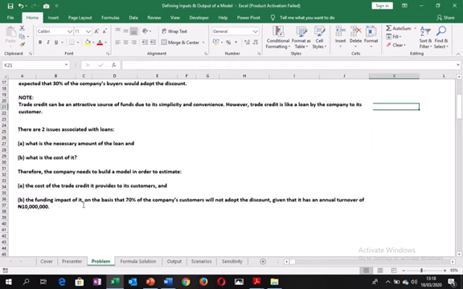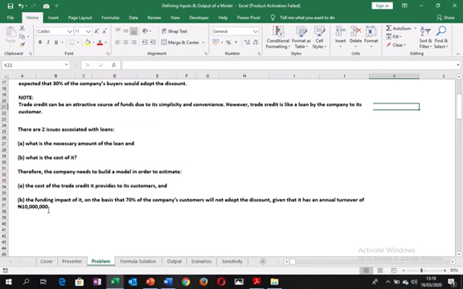Then the funding impact of it, on the basis that 70% of the company's customers will not adopt the discounts, given that it has an annual turnover of 10 million naira. Alright, so if customers to the tune of 70% will not take the discount, but only 30% take up the discount, what would be the funding impact of these receivables that are being granted